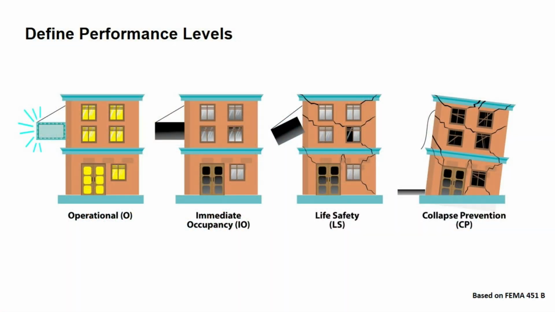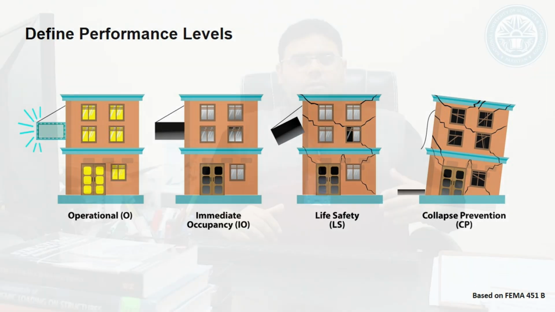We define these performance levels in terms of operational, immediate occupancy, life safety, or collapse prevention. These are different templates of performance relating to the damage of the structure, which are simply understandable by any building owner, structural engineer, developer, or the public at large. So for the very first time in the history of structural design, we are able to communicate meaningfully with the client or the owner of the building in terms of these performance levels associated with the performance of our